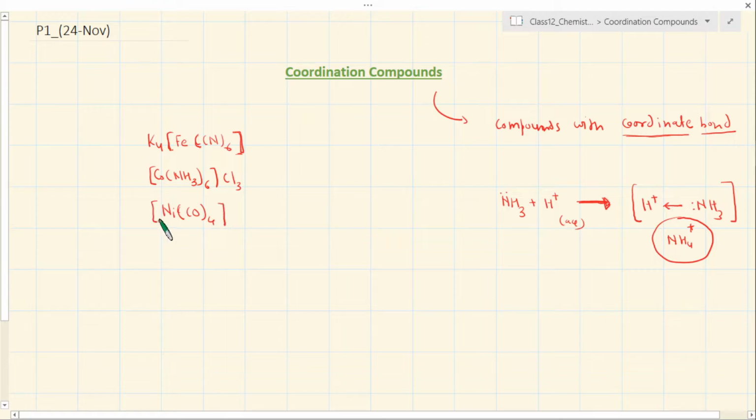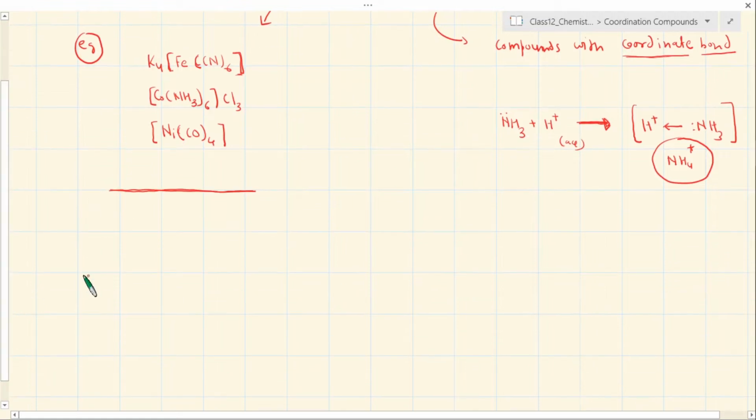In all these compounds, if you look, there is a central metal atom. I am directly introducing you to a few examples of coordination compounds where you will always find a metal at the central part, and to this metal you will have everything attached. How everything is attached is the key to discriminating them and calling them coordination compounds. So we'll go slowly into this. This is just to give a certain flavor about it.